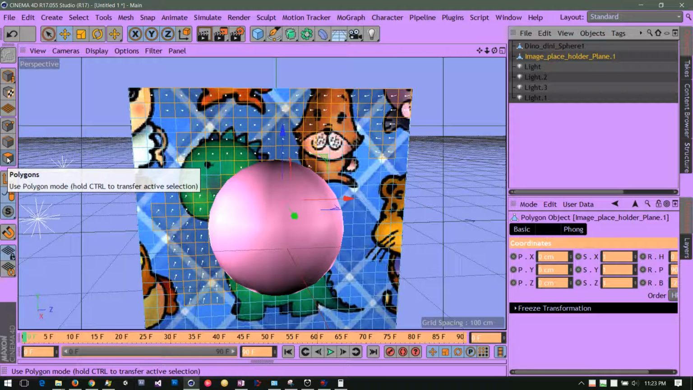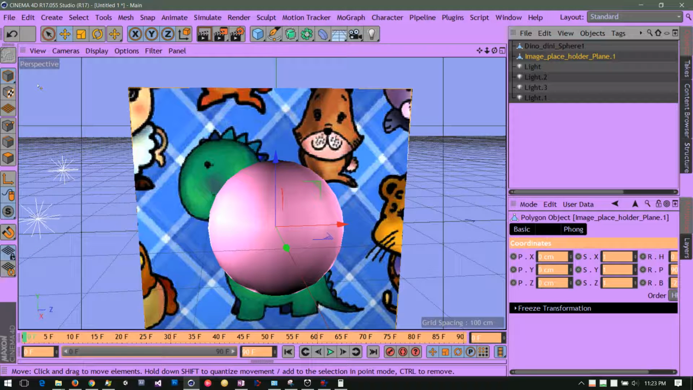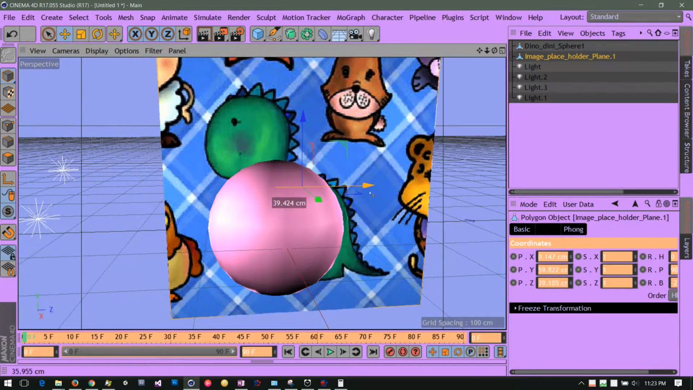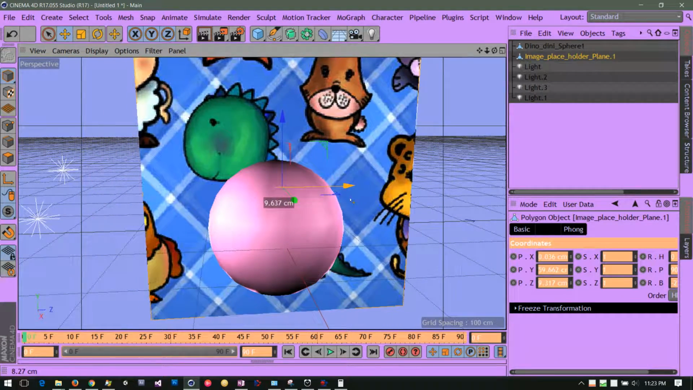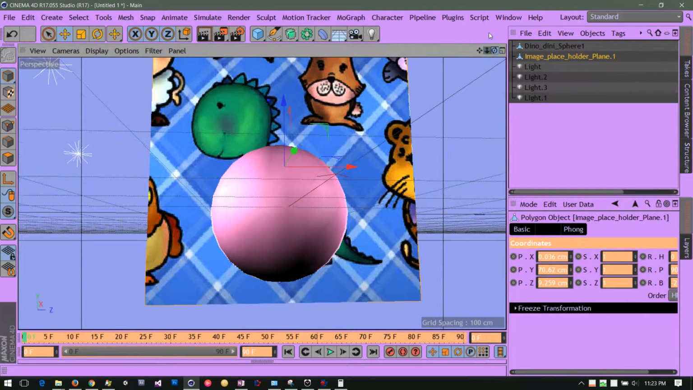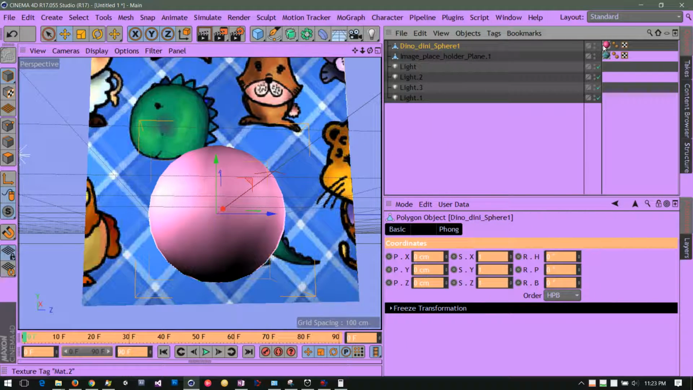I'm in polygon mode. And I want to go up here to model mode. And then I'm going to slide my little picture up a bit, like this. I don't mind if it's not centered. I just need the ball to be centered. And then I'm going to go back to the sphere now. And what I want to do on the sphere is I want to go up to the texture tag